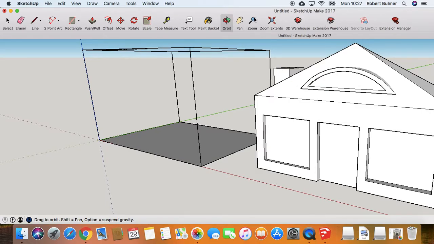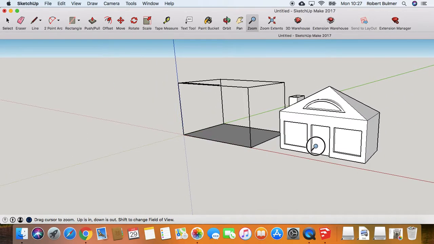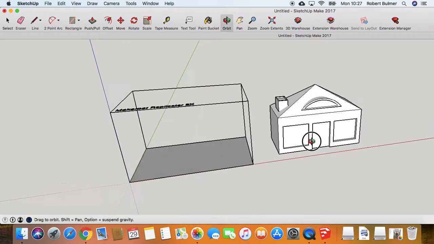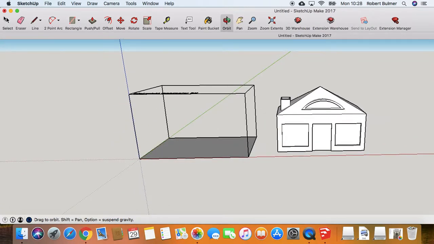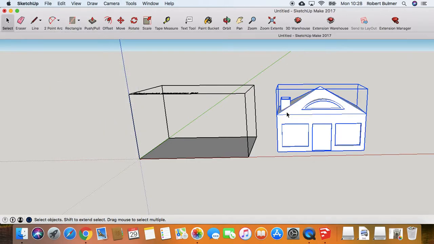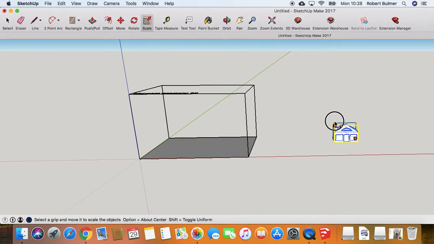So let's zoom out so we can see what we're doing. Orbit that around, and just to keep things so they don't move around, I select that. I'm going to turn it into a group. Despite it only being one object, it just makes things a little bit easier, and then when we come to scale it, I can click on a corner, scale it like so,